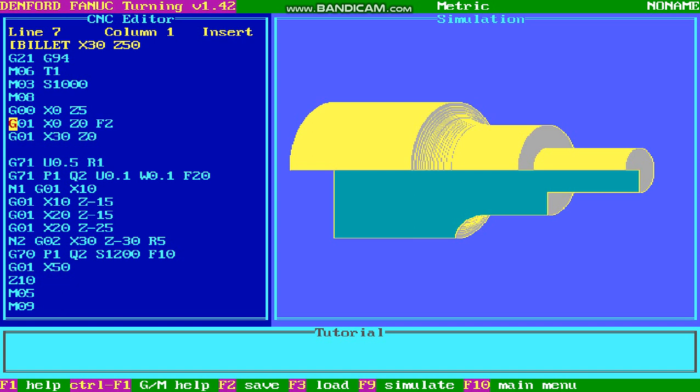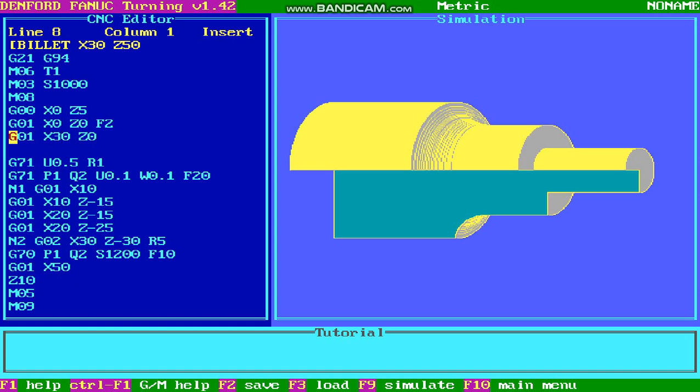Now in the next line, again I have taken linear interpolation so that I can touch the tool at X0 and Z0, that is exactly at the datum point of the workpiece, the right corner with respect to the axis of the workpiece. I am touching it linearly, never touch it using rapid traverse. That is the reason I am not using G00 and instead I am using G01.